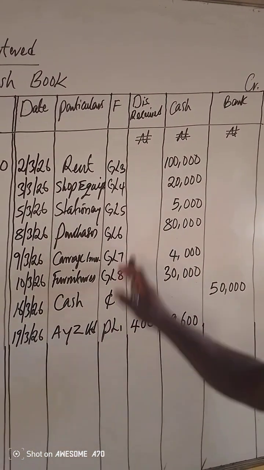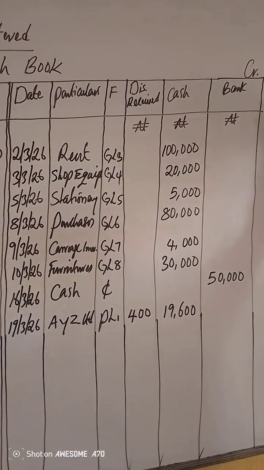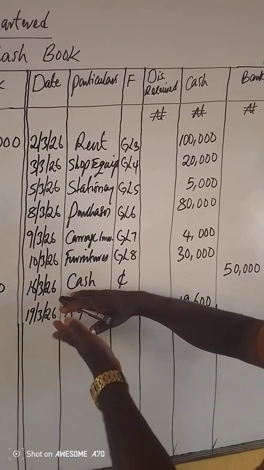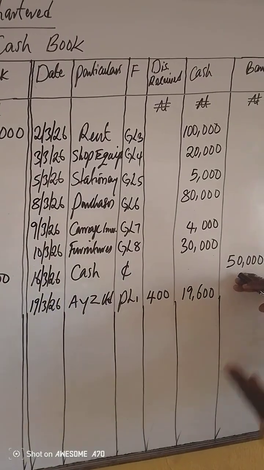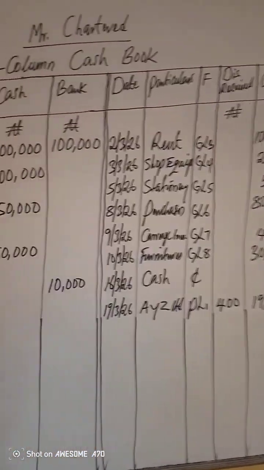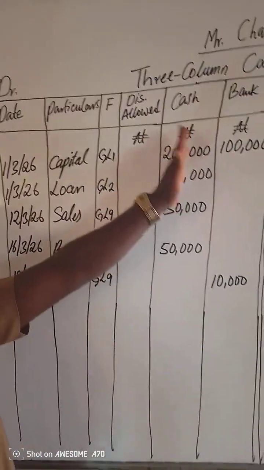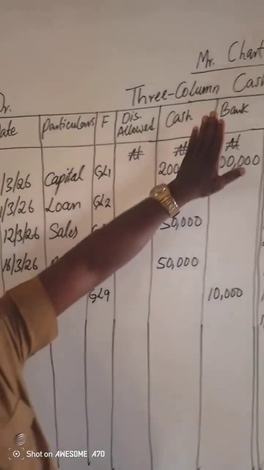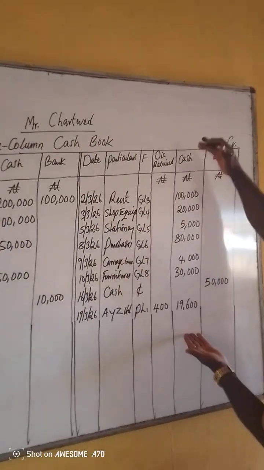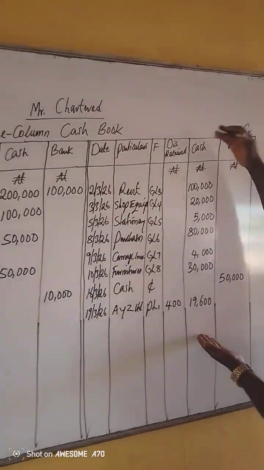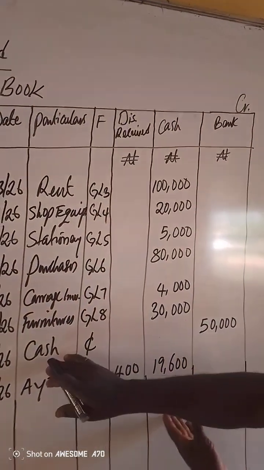Either you put a normal C or you can cross it. It's the sign for contra entry. So bank is giving, and cash will be receiving 50,000. They will now come to the debit side, which is the receiver account. The receiver account now is cash. Mind you, I told you that if you come to the receiver or the giver, hold the other account constant. Like on this side, cash was held constant. You behave as if this column is not there. You suspend it